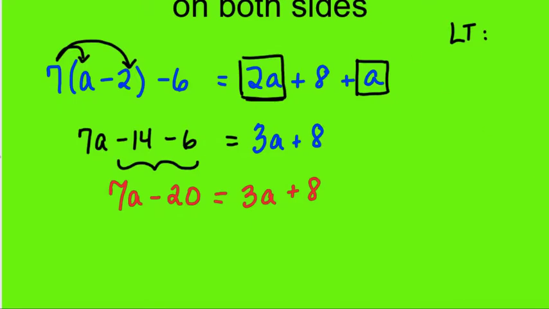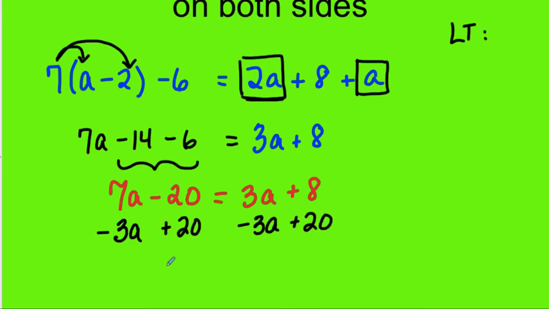Now my trick that I mentioned to some of you, you tend to just always go to the left side, but I always bring the smaller variable to the larger, kind of ensuring that it's always going to be positive. So I'm going to bring the negative 3a over to the 7a, and I'm doing its opposite operation. What you don't really see is there's the 3a, there's a plus in front of it. So to get it to the other side, I have to do its opposite. So I'm going to subtract it. Then I'm going to add the 20,